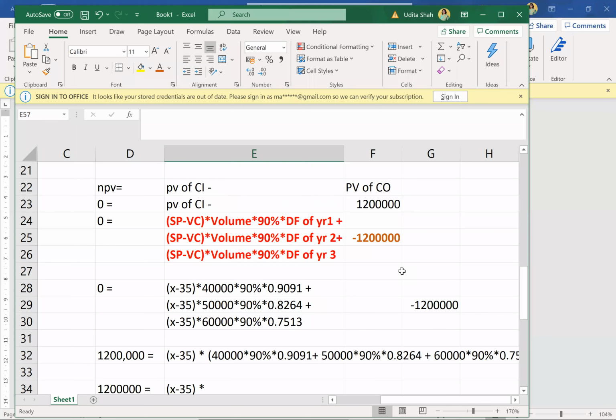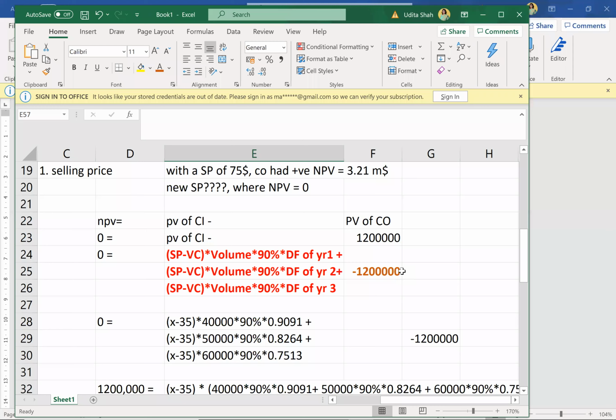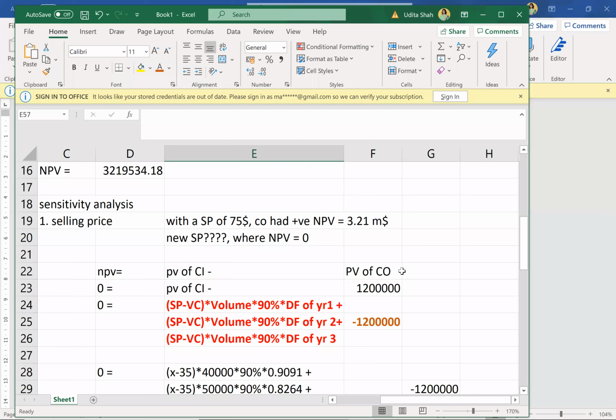Okay, so doubt: is the NPV that we calculated previously, does it have any use in calculating? Yes, it will be used in the sensitivity analysis for your initial investment. So when we do the initial investment sensitivity, we'll use that NPV. Otherwise, for discounted payback also we can use that. Otherwise there is no use of that previous NPV.